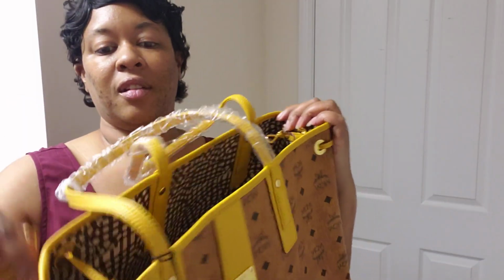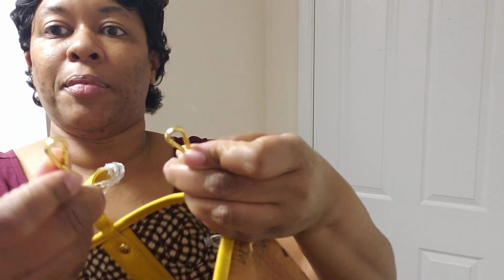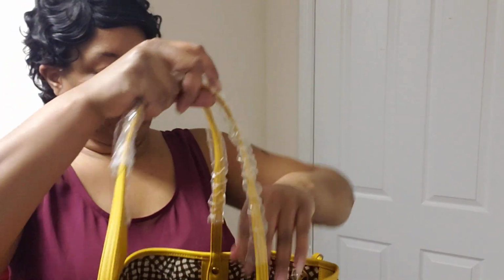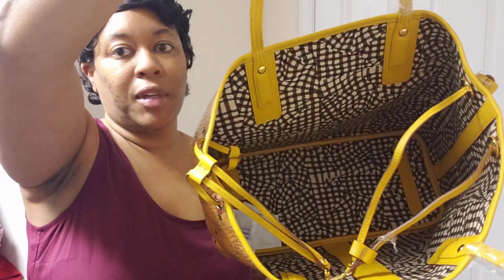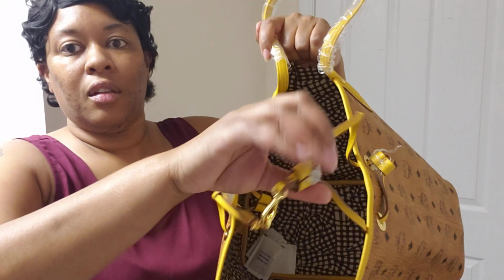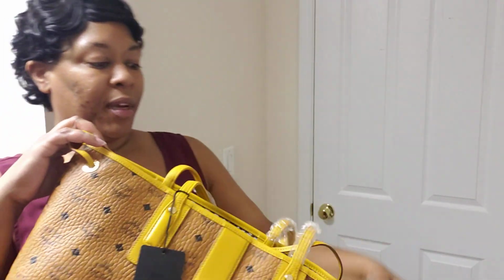So to cinch it in, essentially, you're just going to end up clipping the two hooks together. So I'm going to show you, so see how they just hook together like that? And this is without me cinching it in. This is just me hooking the hooks together, just so you can kind of see. So like if you had stuff in the tote and you just wanted it hooked together, you could just do that. But to cinch it in, we're just going to make the bag